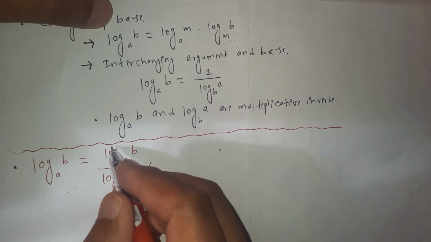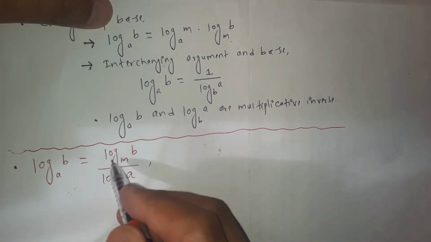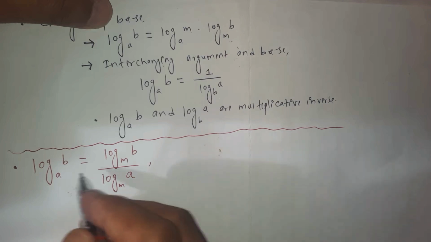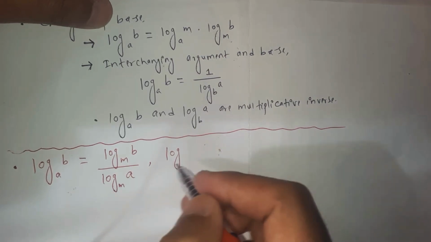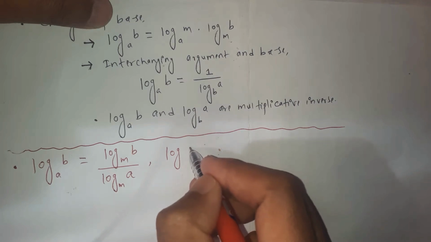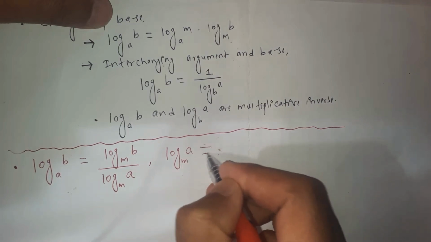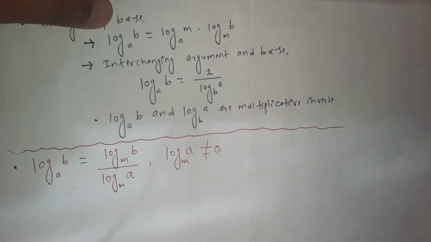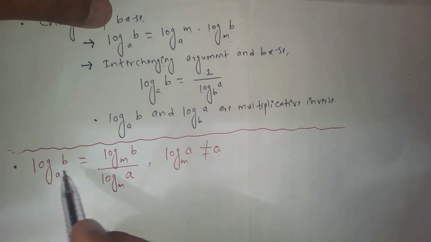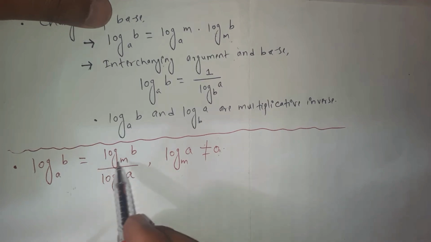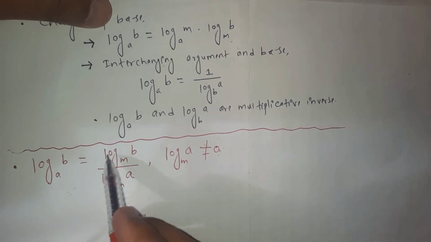Here we have taken the log with base m, and the denominator is log of a with base m. This should not be equal to 0. If the denominator of the fraction is 0, then the fraction will be undefined, so the denominator should not be equal to 0. Here in this property we have taken the new logarithm with the new base,